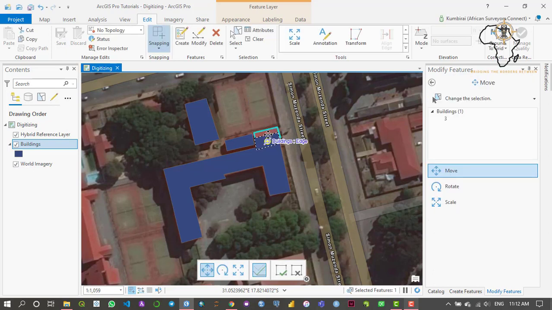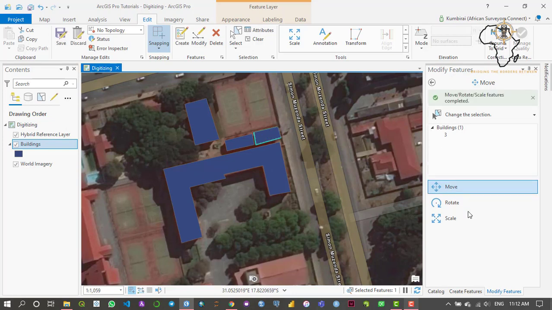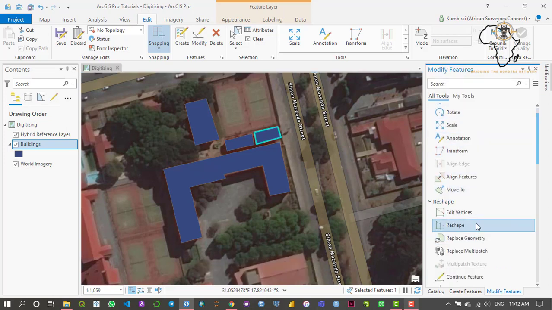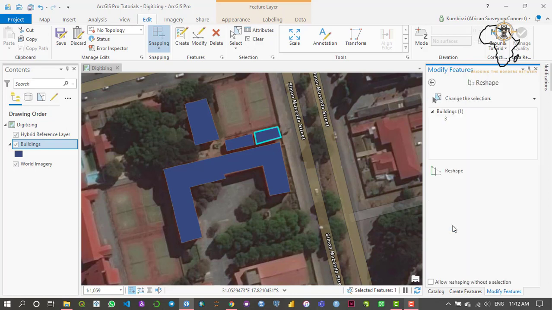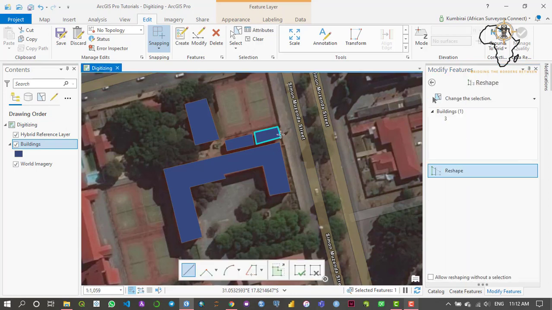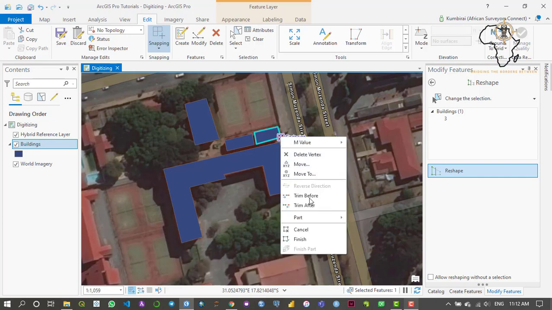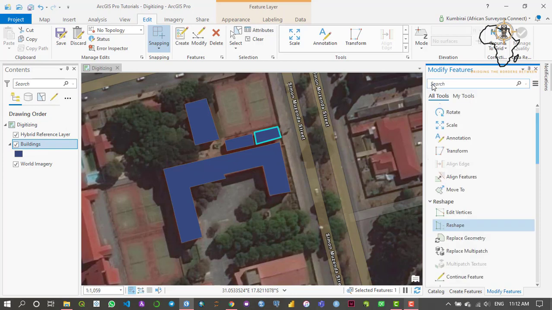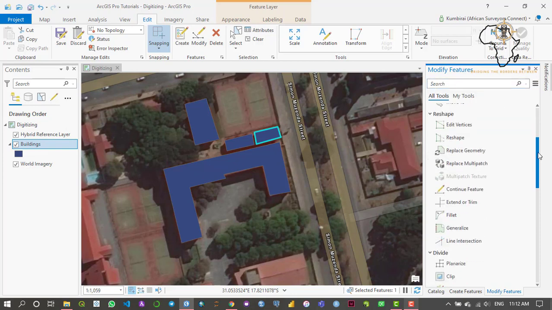So I'm just going to bring it back to where it was, and then I'm just going to confirm that. And then what I also need to do is I can actually change the shape of this building. So I'm just going to go on reshape there, and then I'm just gonna, oops, I think I made a mistake, so let me just cancel that. Okay, yeah, there are quite a number of tools that you guys can learn when you're